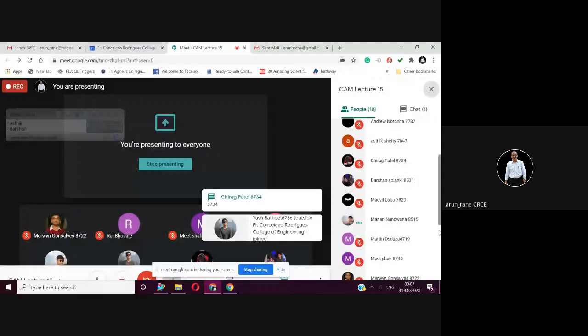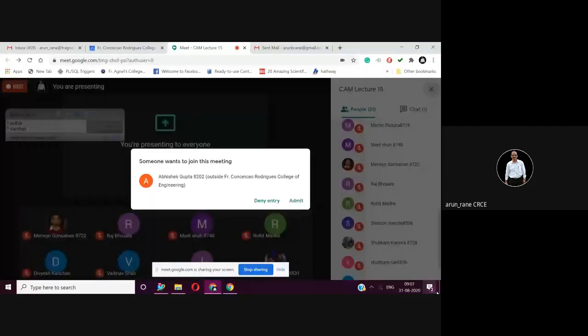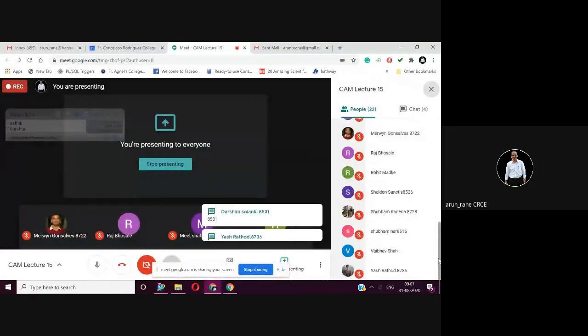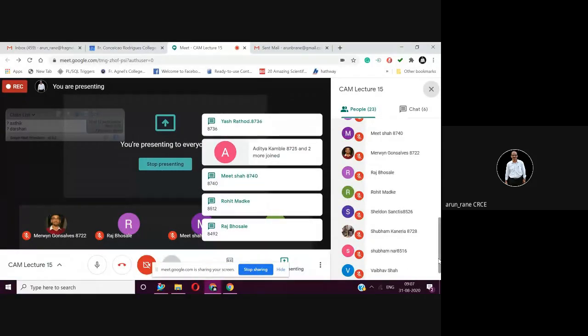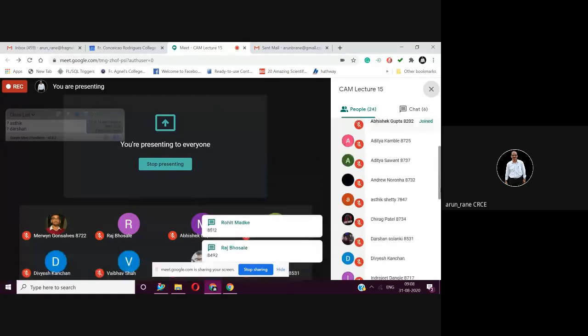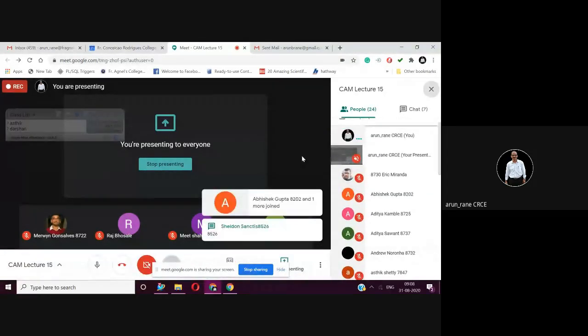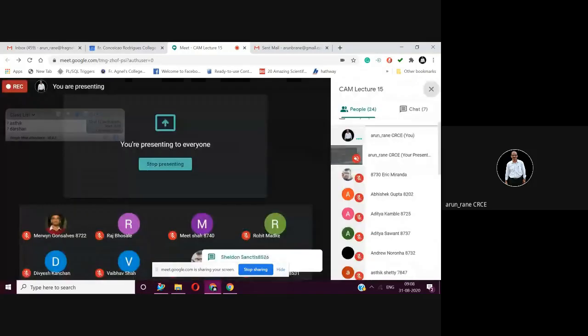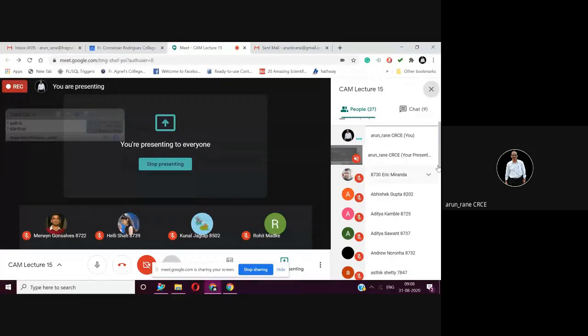Only one Aditya, only one Raj. Shubham, both the Shubhams. Then Yash Rathod. Aditya Kamble is also there. Darshan Solanki.